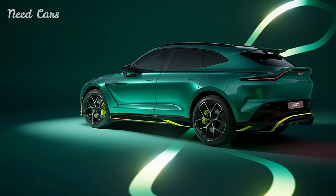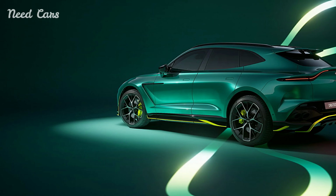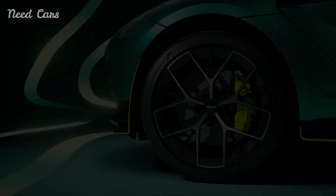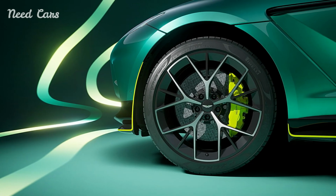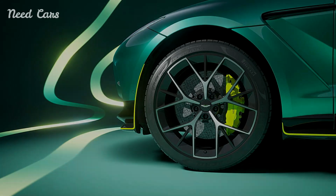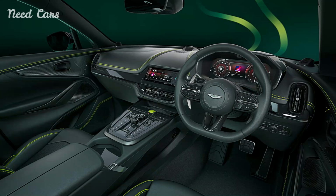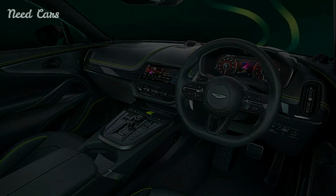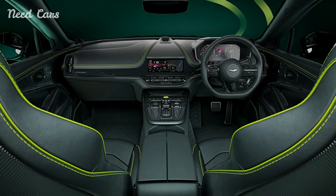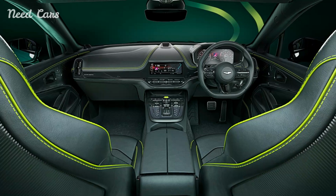Beyond its impressive performance credentials, the DBX707 AMR24 Edition embodies exclusivity and craftsmanship synonymous with the Aston Martin brand. Each vehicle is meticulously hand-assembled to exacting standards, ensuring unparalleled quality and attention to detail that discerning customers expect from a bespoke luxury SUV. As a limited production model, the DBX707 AMR24 Edition represents a pinnacle of automotive engineering and